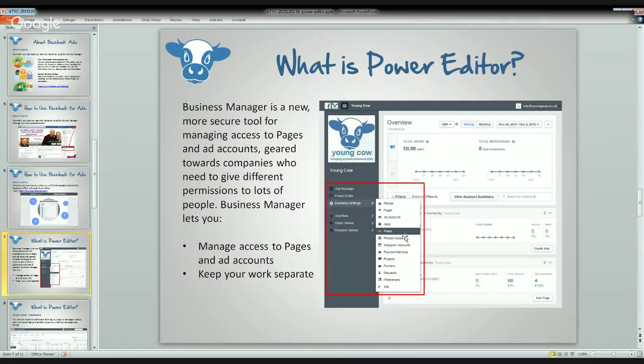Pixels, these are where you pick up your conversion rate codes. You can set up product catalogs if you have an e-commerce website. You can set up Instagram accounts because, as you know, Facebook owns Instagram, and therefore you can pull Instagram accounts into your business manager or Power Editor so that you can run ads on Instagram as well. Payment methods, projects, partners, requests, which are other people requesting to gain access or you giving access, and then preferences